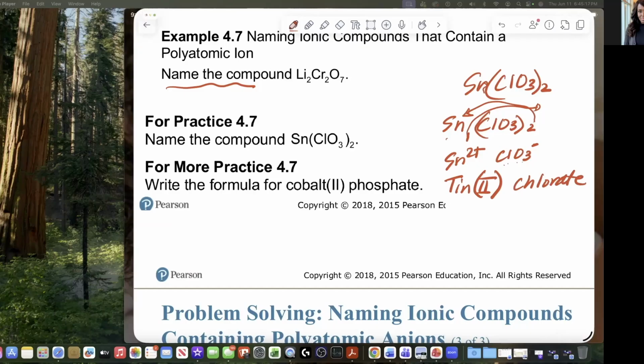Okay, so tin 2 chlorate. Next one, write the formula for cobalt 2 phosphate. So cobalt, don't skip the C. Cobalt 2,